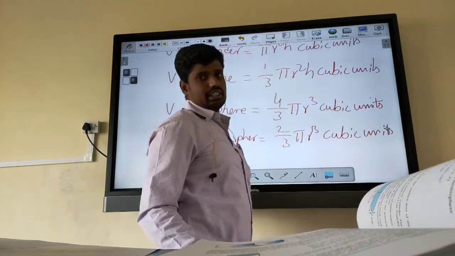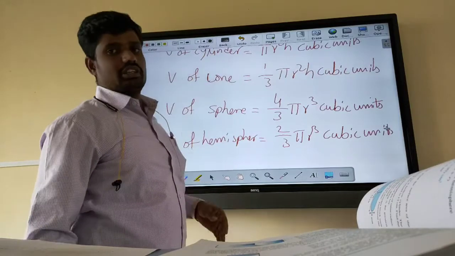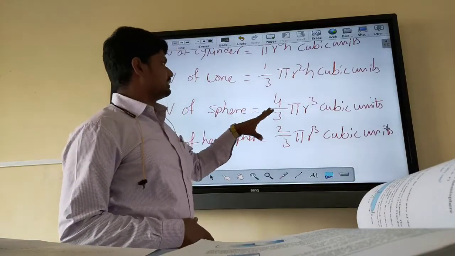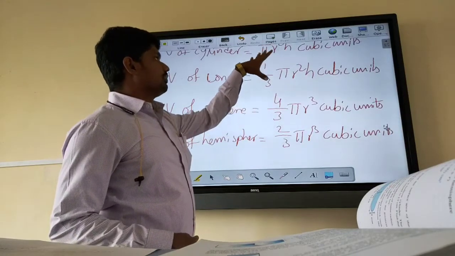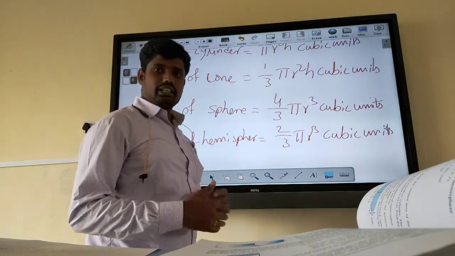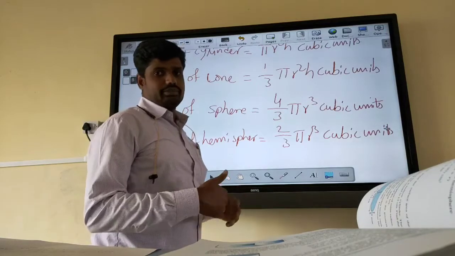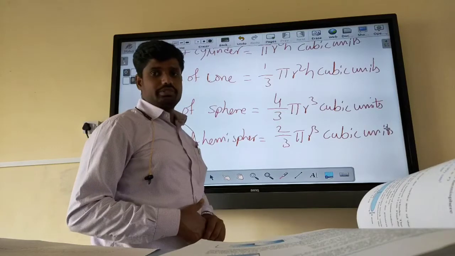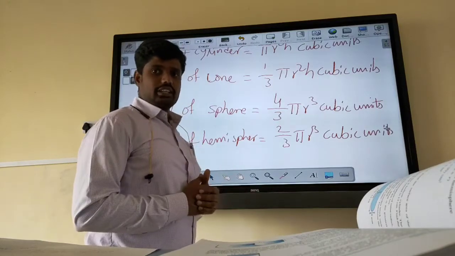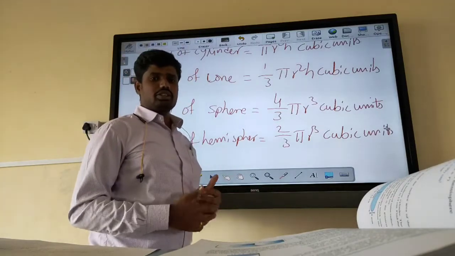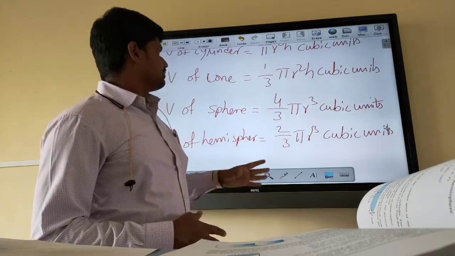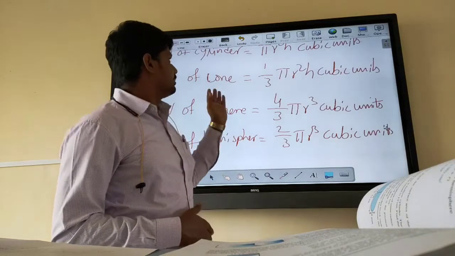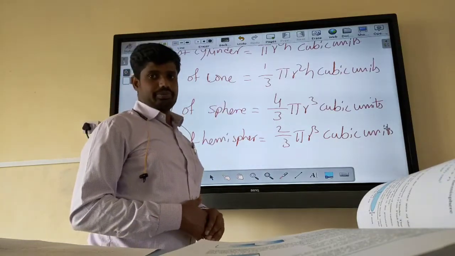In your class 10, using these 6 formulas you solve the volume of the combination of solid figures, children. First, let us learn the 6 formulas. Write and learn them in your rough note 2 or 3 times. Practice very well; that time it is easy to solve the problem. First, you should learn the formulas carefully. Now let us learn how to solve problems using these formulas, how to solve the volume of combination of figures.